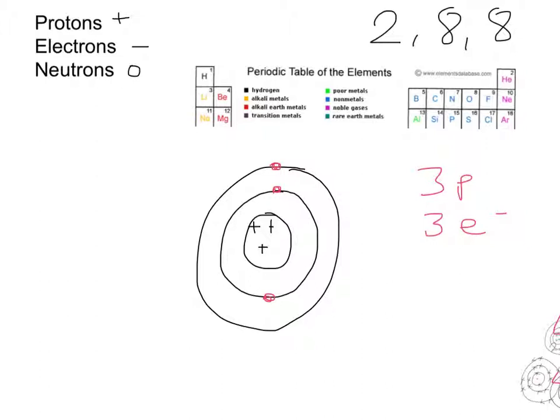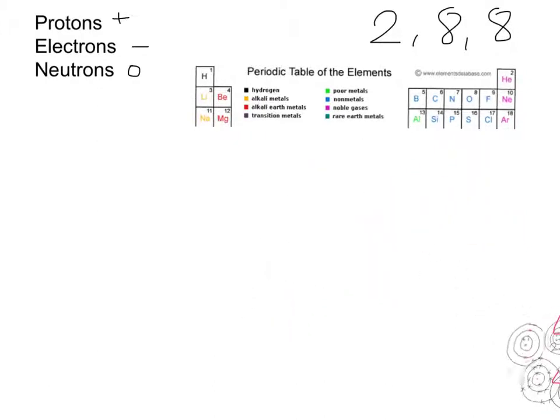Now what happens is the outer electron that we've got just here is actually given away by lithium. It gives the electron away because it doesn't want to have just that one electron in its outer shell. It's quite happy to have that full inner shell complete with 2. So what it does, it gives that electron away to other atoms instead. So I'm just going to put that to a side and we're going to have a look and see what